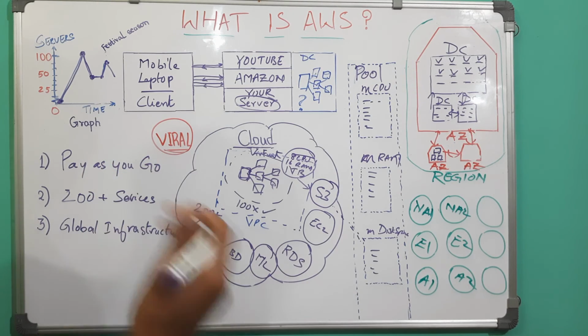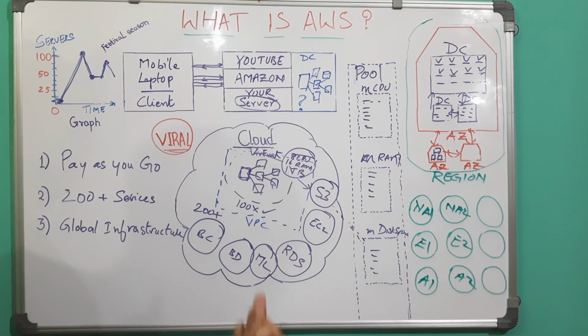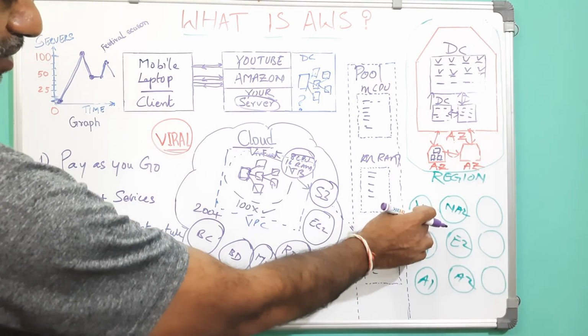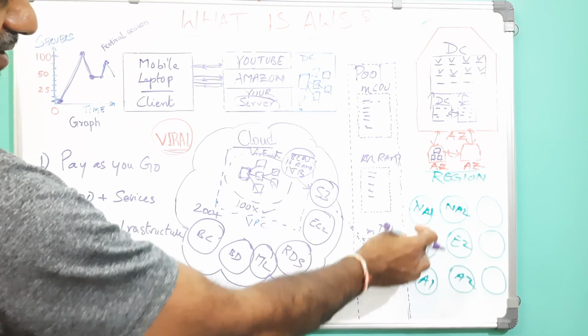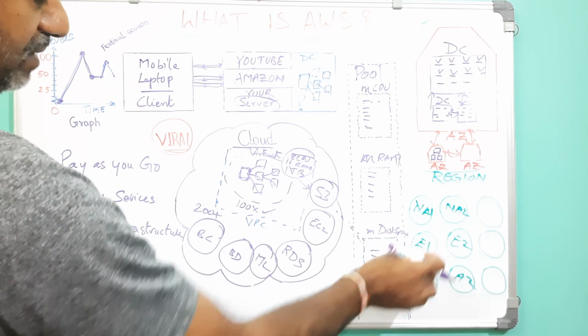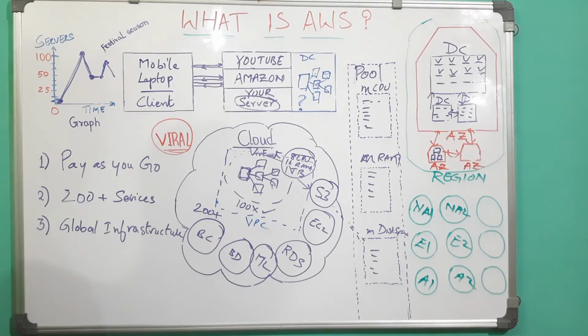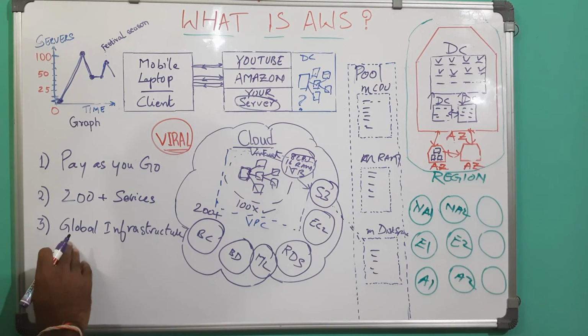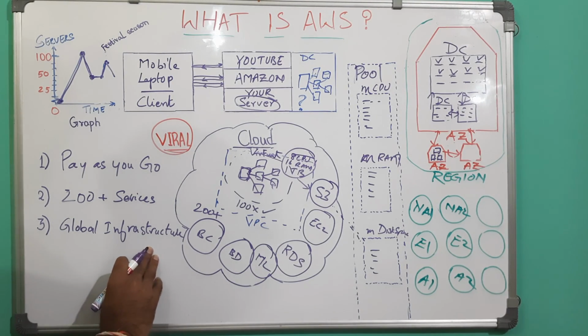And if you have a legal or compliance requirement for a particular region, then you can deploy code very specific to North America. Similarly, you can deploy code very specific to the Europe region. So that gives you the ability to comply with the local laws as well. They have significant global infrastructure as well.